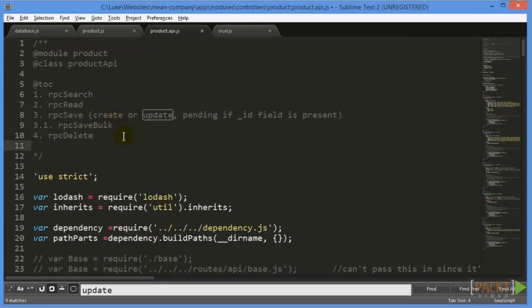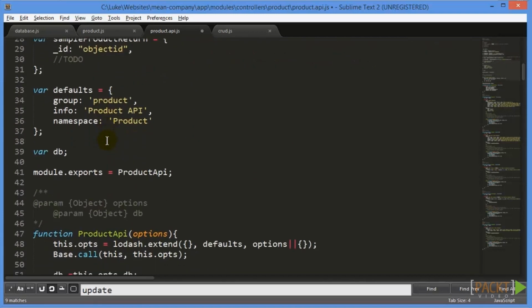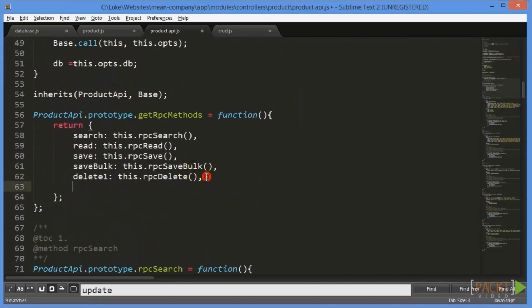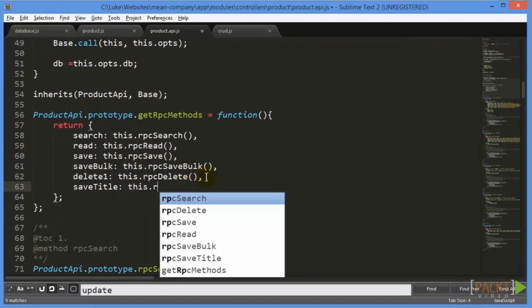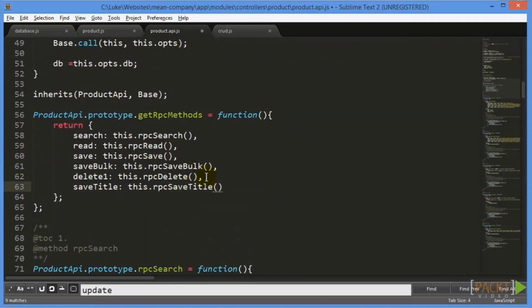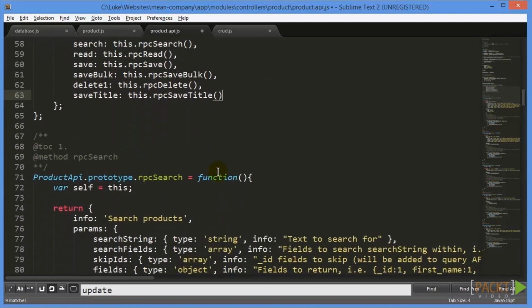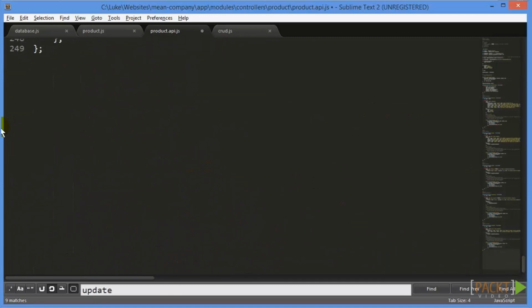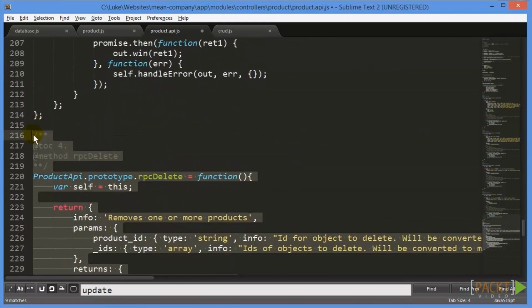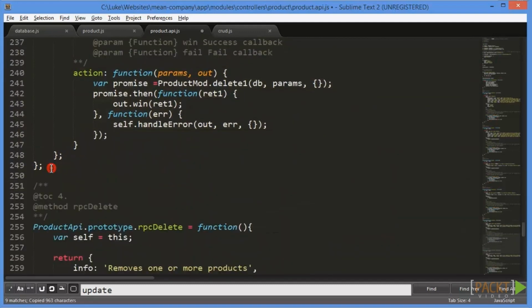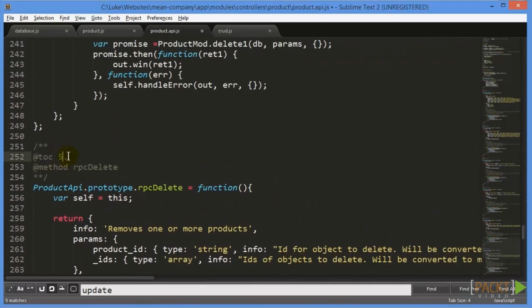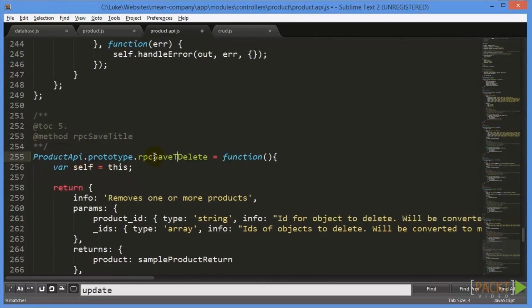So this one we do want to make accessible, so we're going to say RPC save title, and then you can basically go through and find the instances of RPC delete and just copy it. So if we scroll down, we see we declare them here. So we say save title, this.rpc save title. You can just kind of copy the syntax from above. And then if we scroll all the way down, same thing. We can copy the last one for the delete, and we can modify it to fit ours. So we update our table of contents to 5. This is going to be save title. Same thing here. Save title,